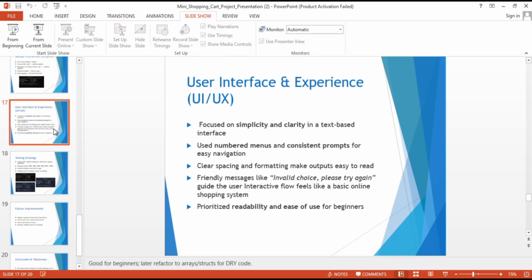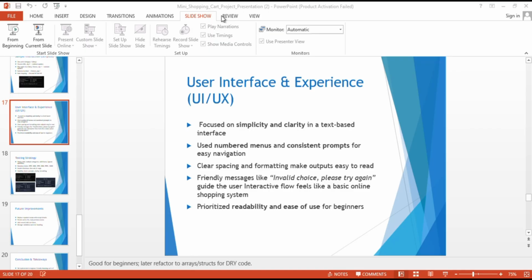Next, let's look at the user interface and experience. Even though our program runs entirely in the console, we focused on making it simple and organized. We used clear menu messaging prompts like "Do you want to continue?" so the user always knows what to do next.